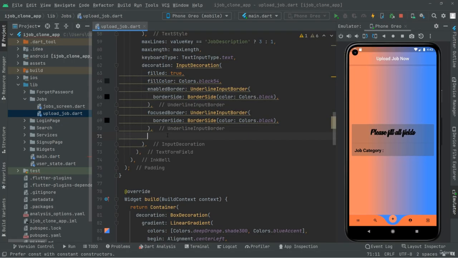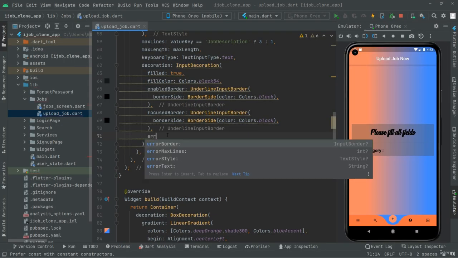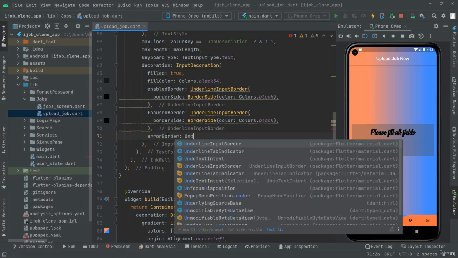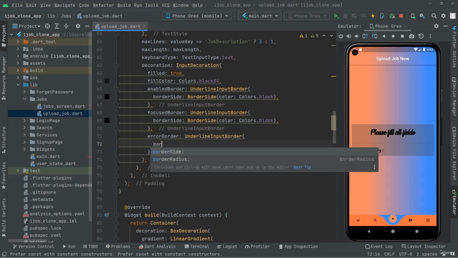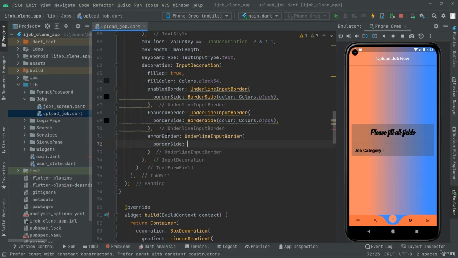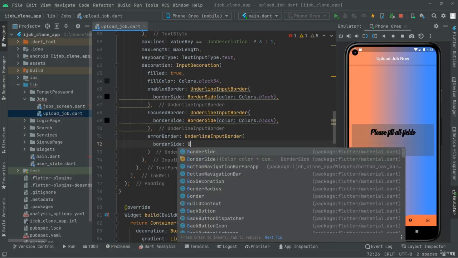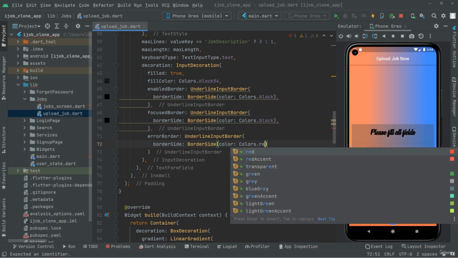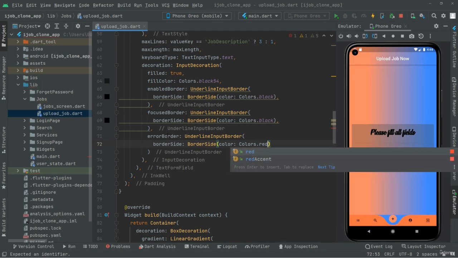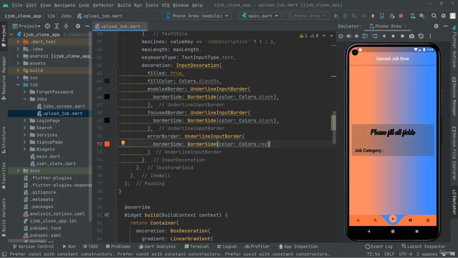Now in here you will set the error border, so underline input border, in there border side, and right in there we will set the colors, we will go with the red one this time because it's the error border, okay, so if there will be any kind of error, it's going to be in the red color,